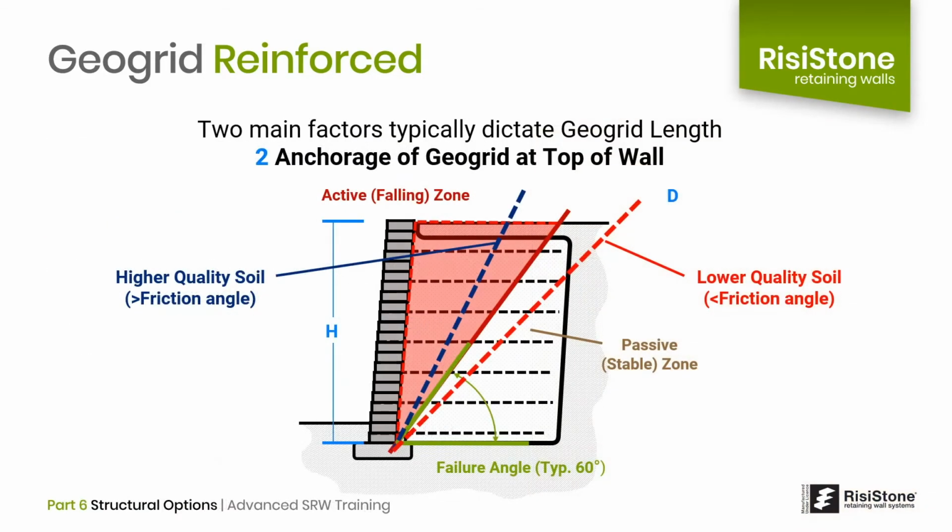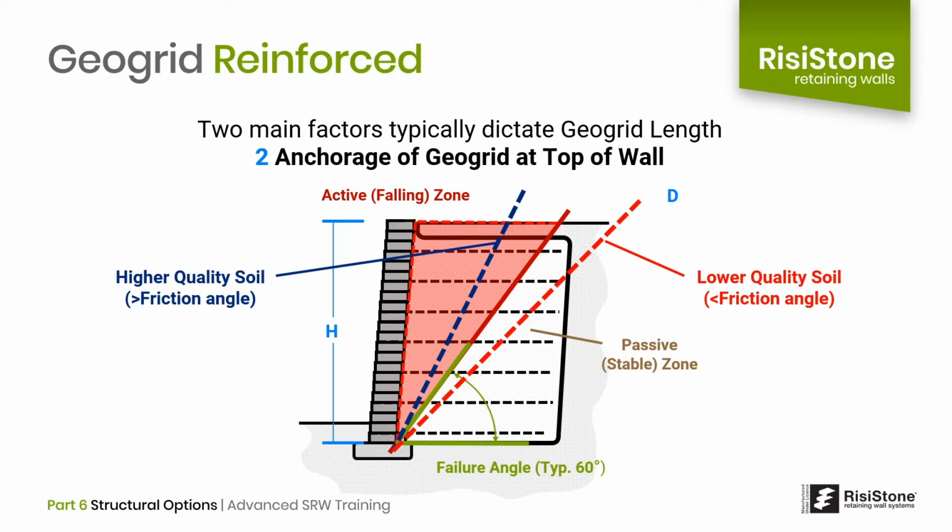Going back to our reinforced wall diagram, we can relate the soil here in the reinforced zone to the sandcastle. We are designing the wall to restrain the active wedge that wants to fall away. Because the failure plane propagates up at an angle from the bottom of the wall, usually around 60 degrees when using